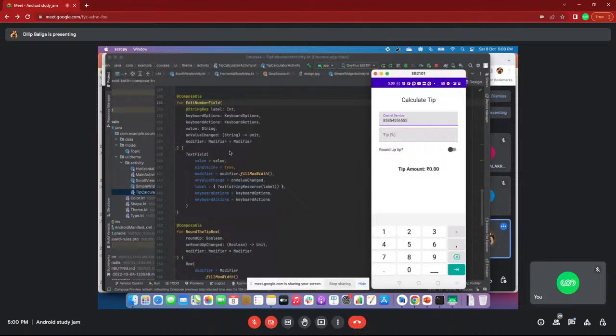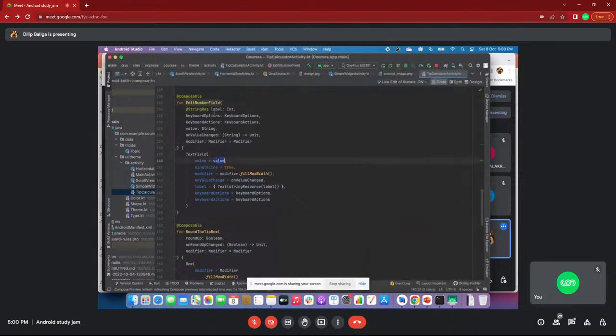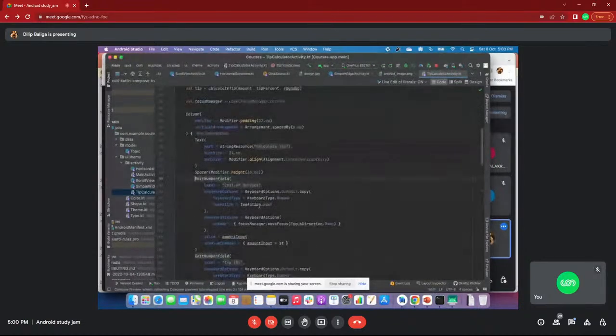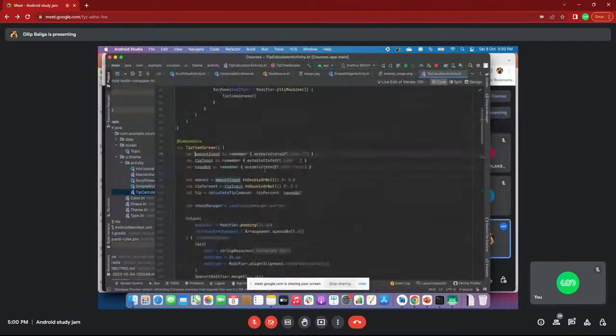That is the reason for the value I'm getting here. I'll show you, see, I am using the remember function. I already mentioned that whenever I enter something, the Android framework redraws this entire text field. That means you are supposed to remember what I entered previously.